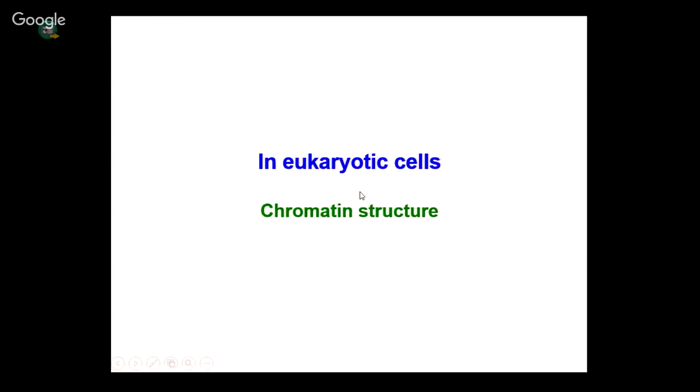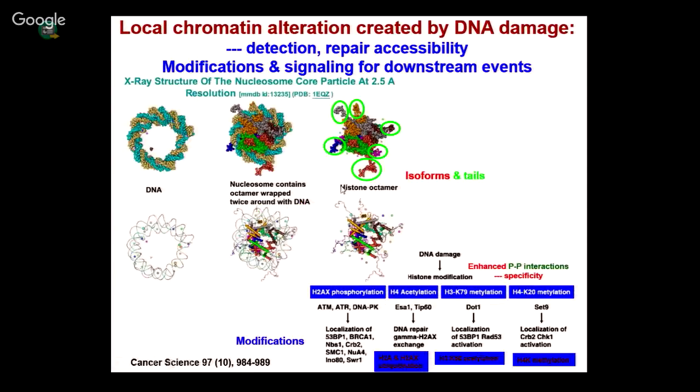So in the eukaryotic cells, there are chromatin structures, and there's H1, H2A, H2B, H3 and H4. Okay, and it is composed of the nucleosome, and these histones can be modified in their tails by phosphorylation. They can be modified by methylation, by acetylation, causing different forms of change on the chromatin. And